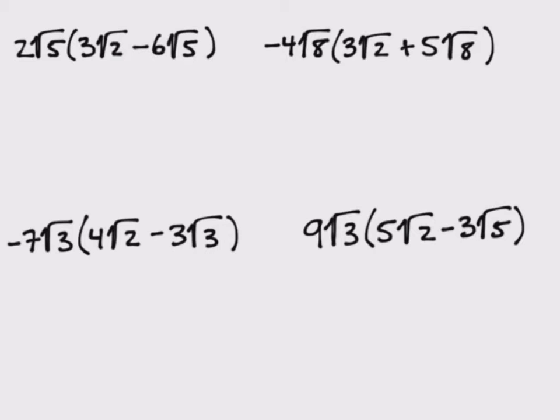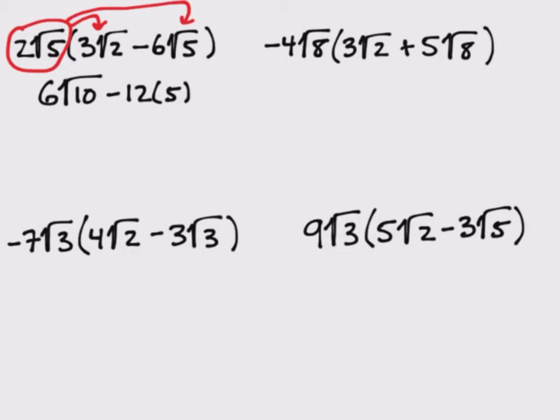So for instance, in our first example, all we're going to do is multiply 2 times the square root of 5 by both 3 times the square root of 2 and by negative 6 times the square root of 5. All right. Again, we're going to handle the integers with the integers and the radicals with the radicals. So for our first set of multiplication, 2 times 3 is 6. The square root of 5 times the square root of 2 is the square root of 10. For our second set of multiplication, 2 times negative 6 is negative 12. And the square root of 5 times the square root of 5 is 5. And so we end up with